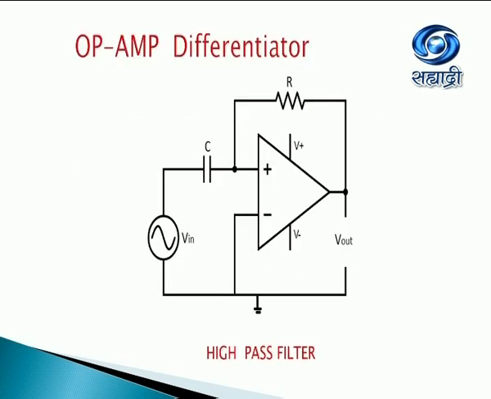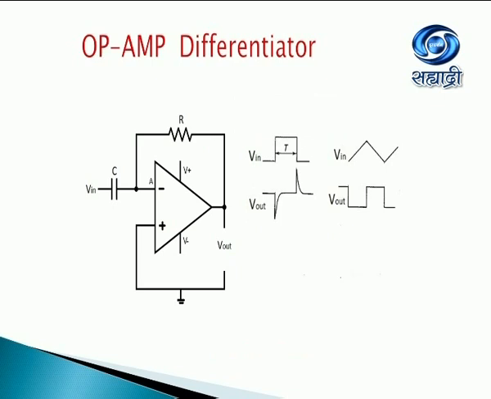When AC signal is applied to differentiator, differentiator acts as a high-pass filter. High-pass filter circuit is a filter circuit which allows frequencies above cutoff frequencies. Here also, resistance R and capacitor C determine the cutoff frequency. In differentiator circuit, if we apply various inputs, we get different outputs. Here, if square wave is applied to the differentiator circuit, we get pulsating output as shown. Similarly, if triangular input is applied, we get square output as shown.